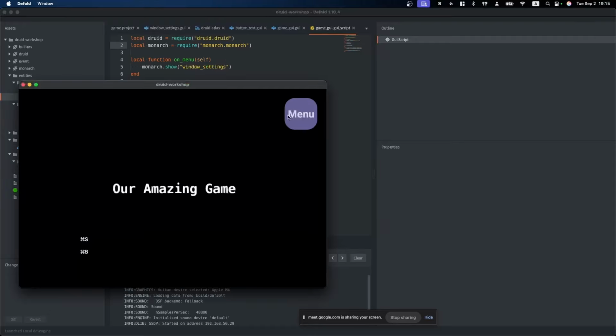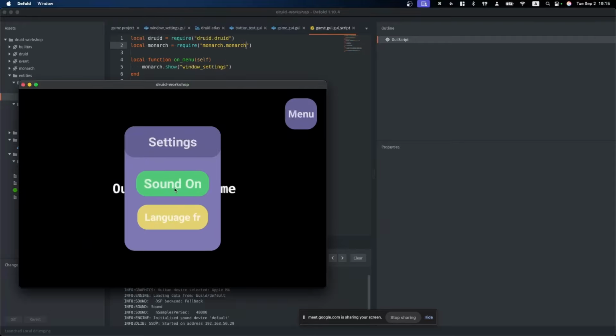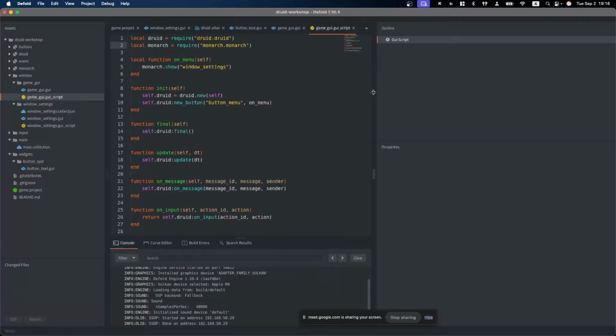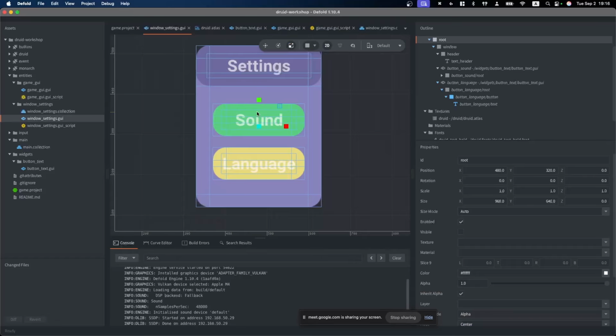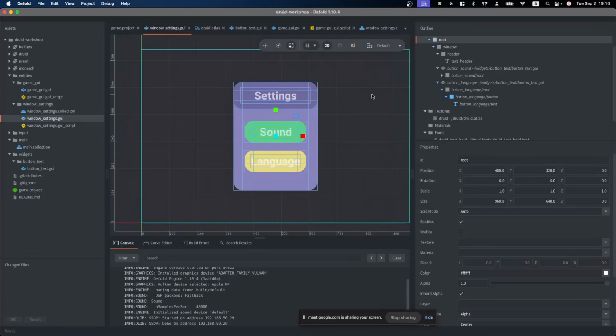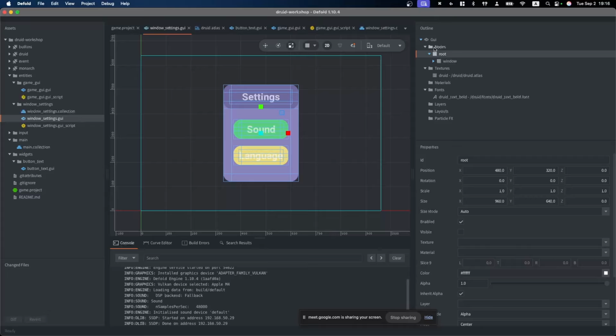And let's try it. Menu. Yeah, we have a button which calls windows settings. We can make our adjustments, but we can't close it because we have no function. And we can even click a menu behind it, so it's spawned again and again. Let's change it. We will return back to windows settings. For now, we want to have an area, a full area where when we click it, it should be closed.